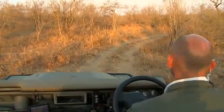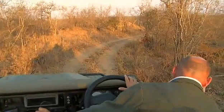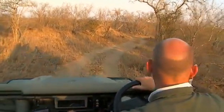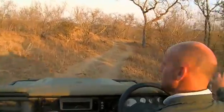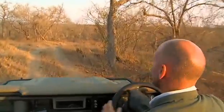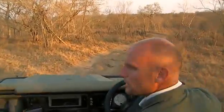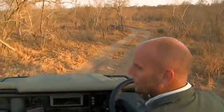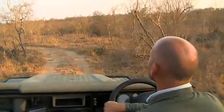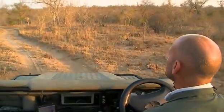We've got a game path that comes through here that we saw the tracks of two hyena on. So I think that hyena den is either here somewhere in one of these big termite mounds, or it's through this drainage line and in this thick block over here. Not too many termite mounds. I was watching for some decent termite mounds yesterday when we were driving through here with those Birmingham boys. There's no tracks of those hyena that come out on this road at all, which is...